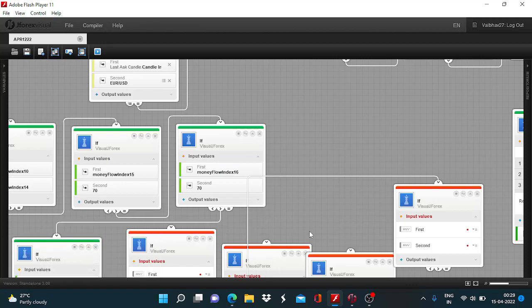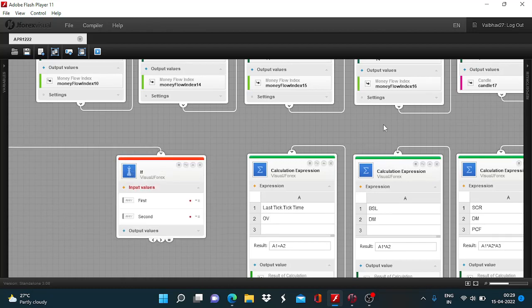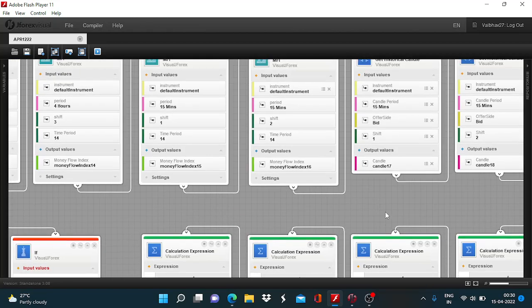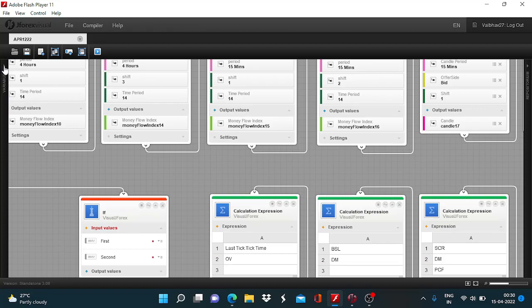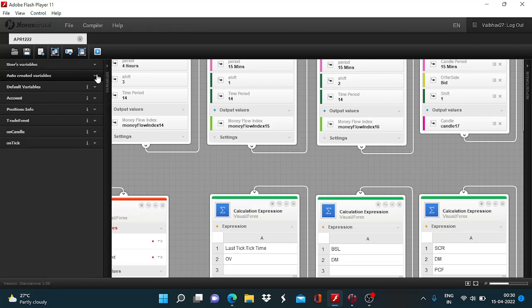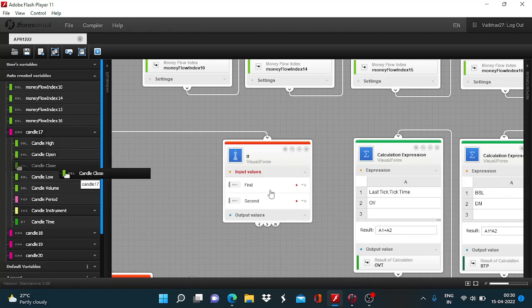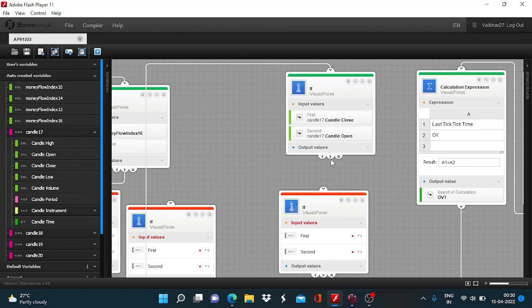All right. Then we consider the price action data, where we need the last 15-minute candle close to be higher compared to the opening price. So we are going to take the candle 17 candle close and compare it with opening price, and it should show an increase. So first input greater than second input,